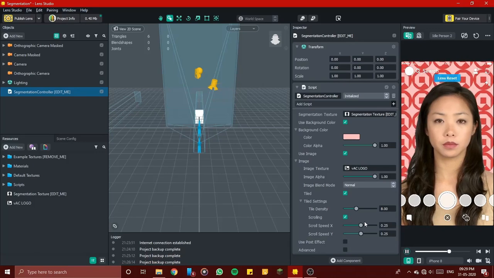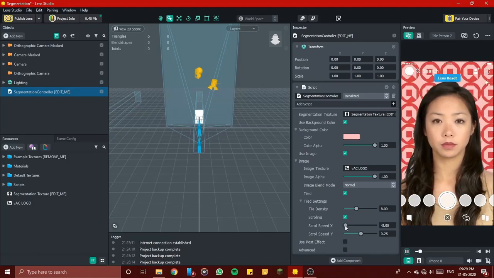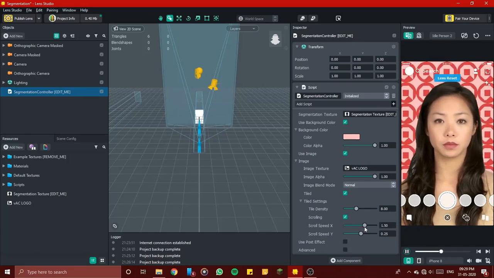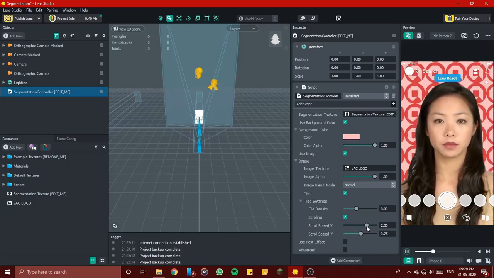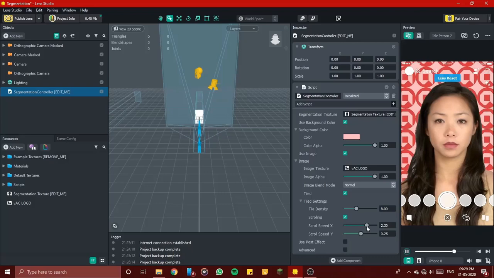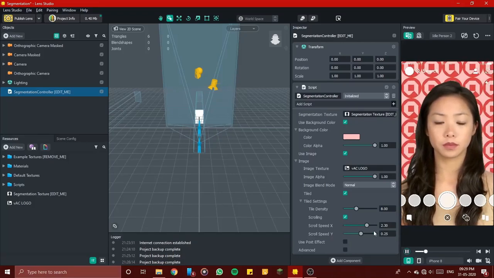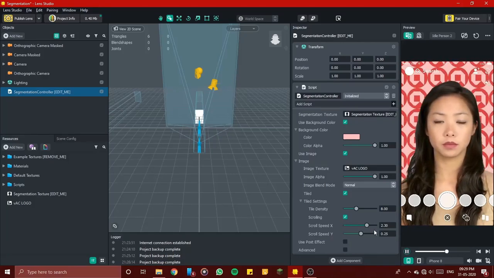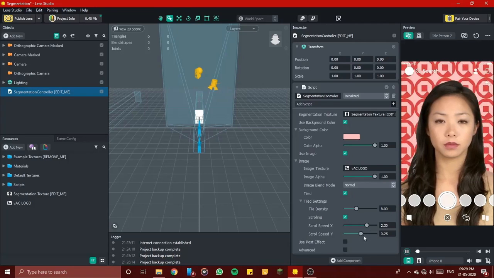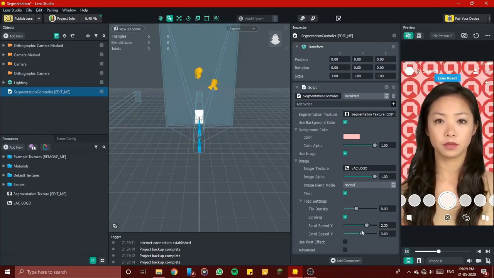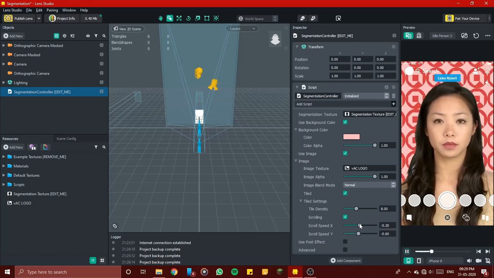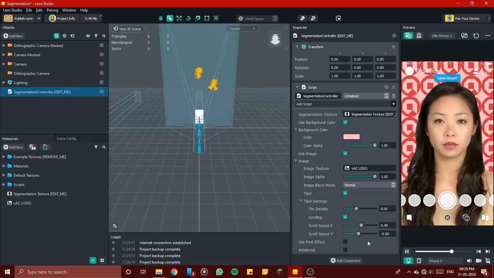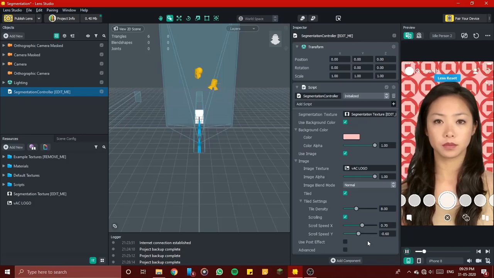Okay, I want it to move, and you can choose the speed for the moment. Scroll speed X and Y are just the speed on the X-axis and the Y-axis, how fast it goes. I'm just going to set everything to default for now.